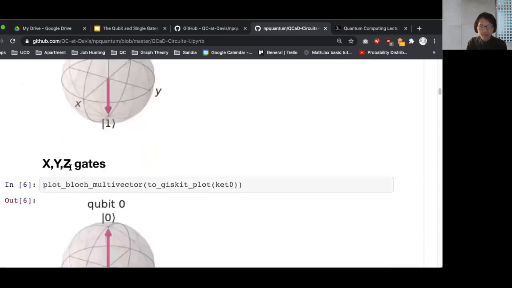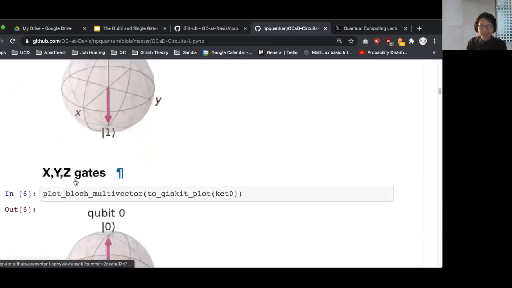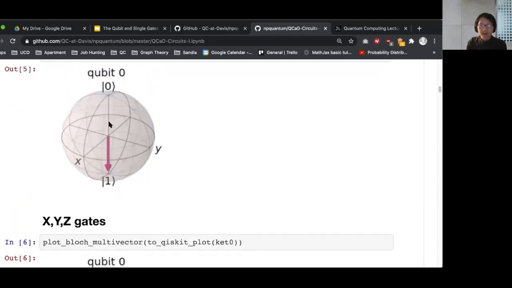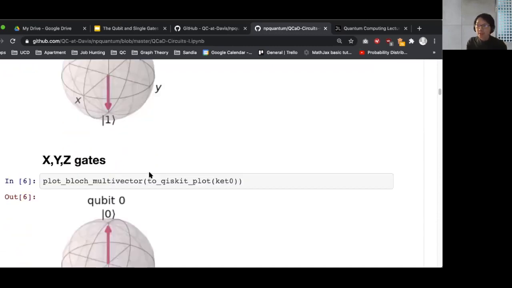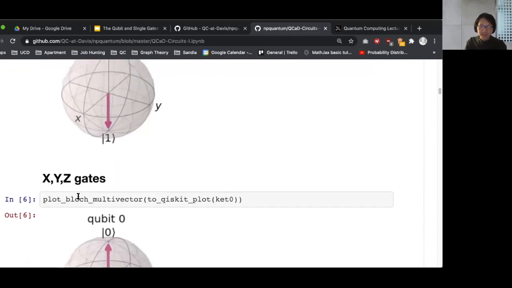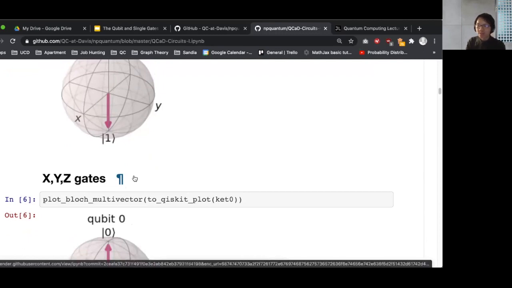So now we get to the idea of gates, and gates are how we manipulate our qubit. Before I go any further, there are multiple models of quantum computation. The gate model is probably the most popular and most universal, but if you're curious, there's adiabatic quantum computation, which is another method of doing quantum computing, because you're still using a two-level system. You still have entanglement and you still have superposition, but you are